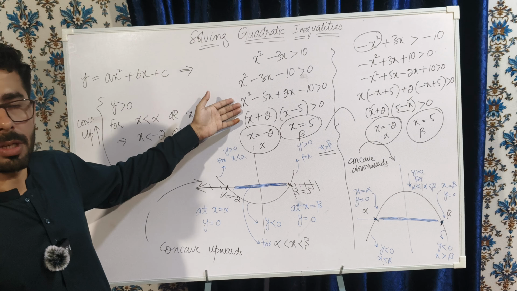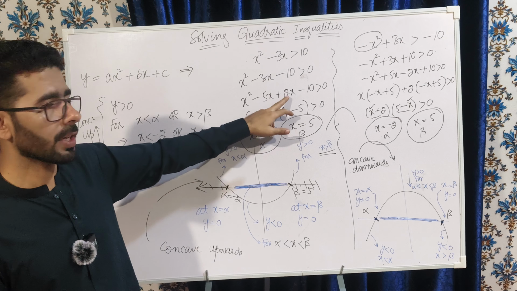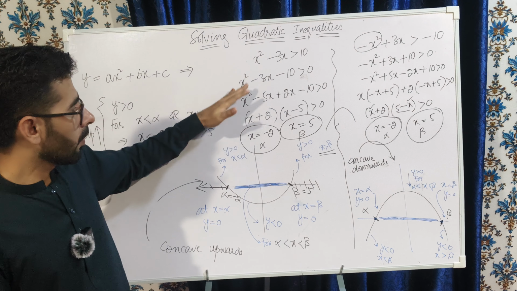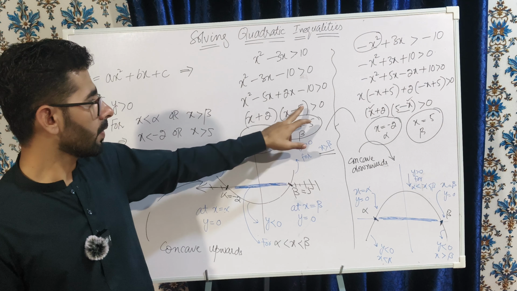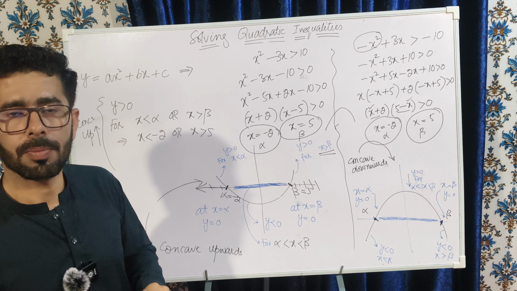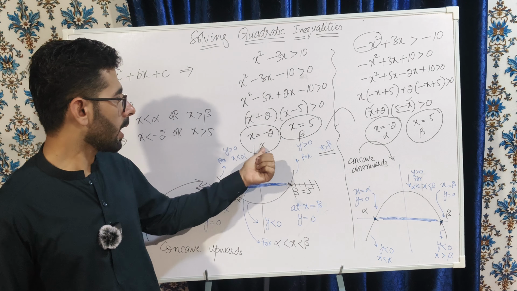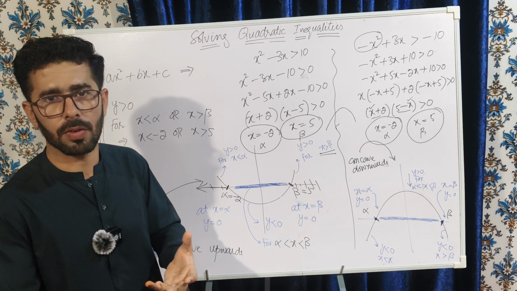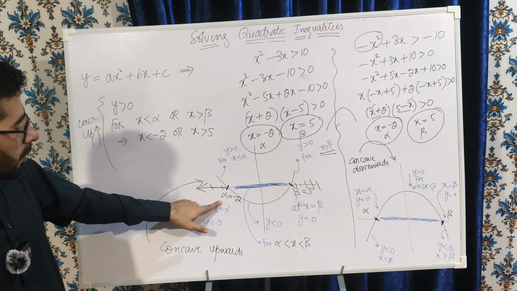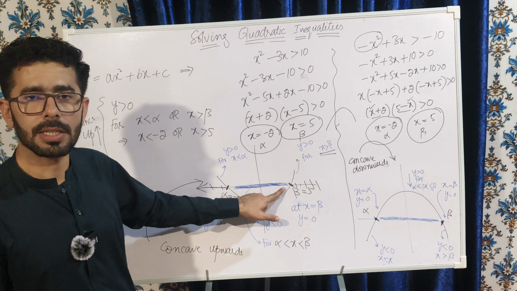We go with splitting the middle term, so I split the middle term minus 3x into minus 5x plus 2x, factorize it, so my final factorization is x plus 2 times x minus 5, and all that is bigger than 0. Now this gives me the alpha value as minus 2 and the beta value as 5. We choose the smaller value as alpha, the bigger one as beta. So my alpha value is negative 2, the first root or the x-intercept,